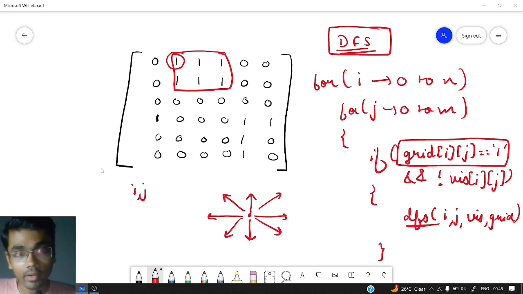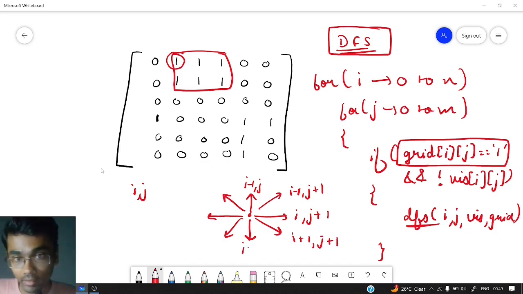Let us say that we are traversing with the help of i comma j. So this one is represented as i minus 1 comma j. This one is represented as i minus 1 comma j plus 1. This one is represented as i comma j plus 1. This one is represented as i plus 1 comma j plus 1. This one is represented as i plus 1 comma j. This one is represented as i plus 1 comma j minus 1. Similarly, this one is represented as i comma j minus 1, and this one is represented as i minus 1